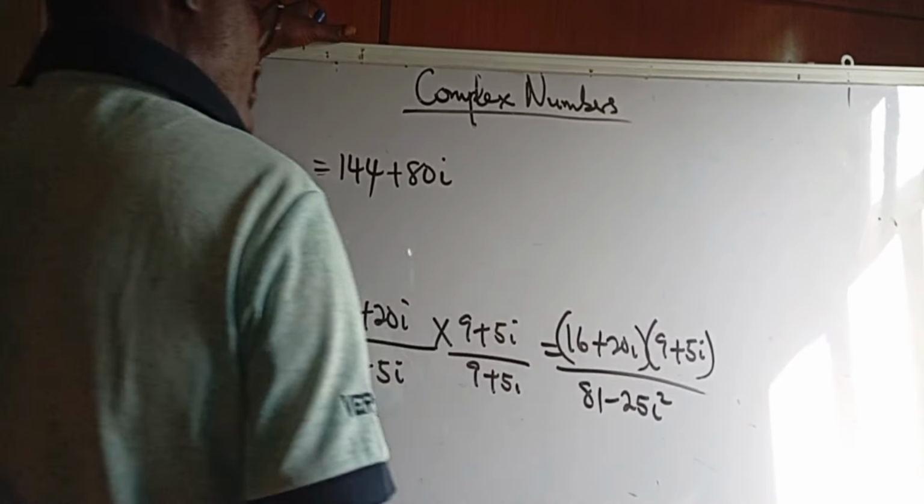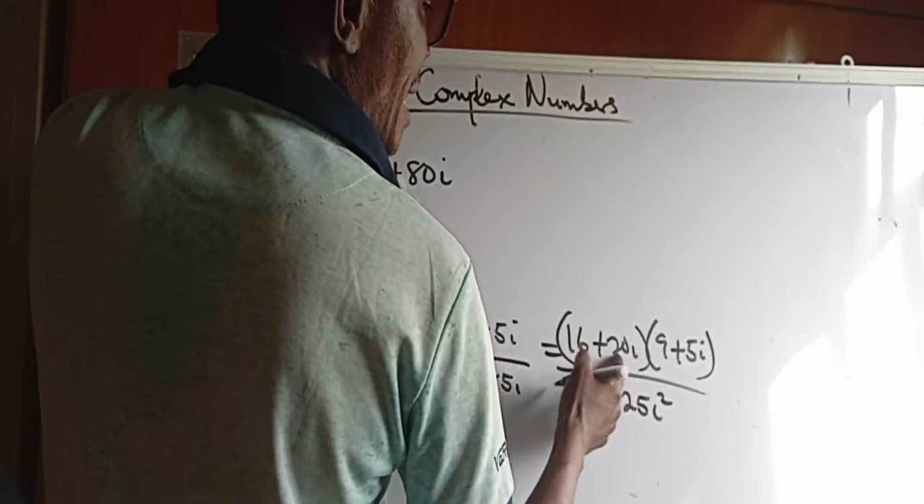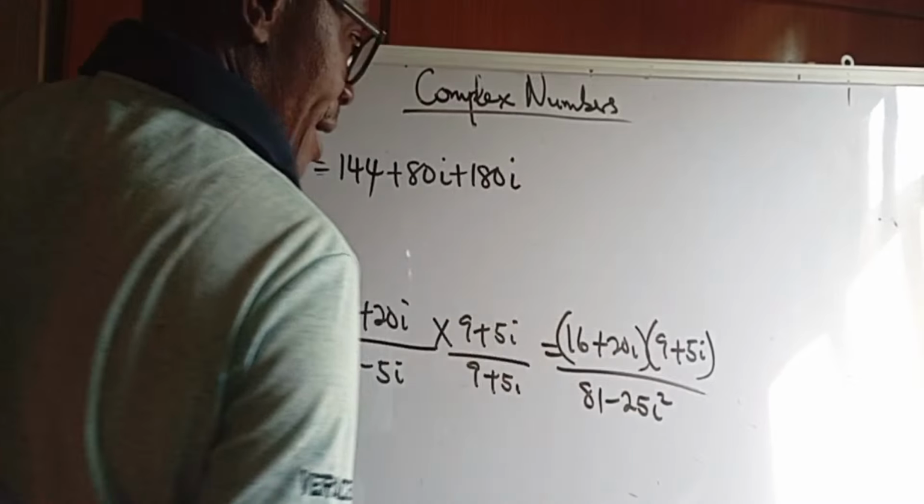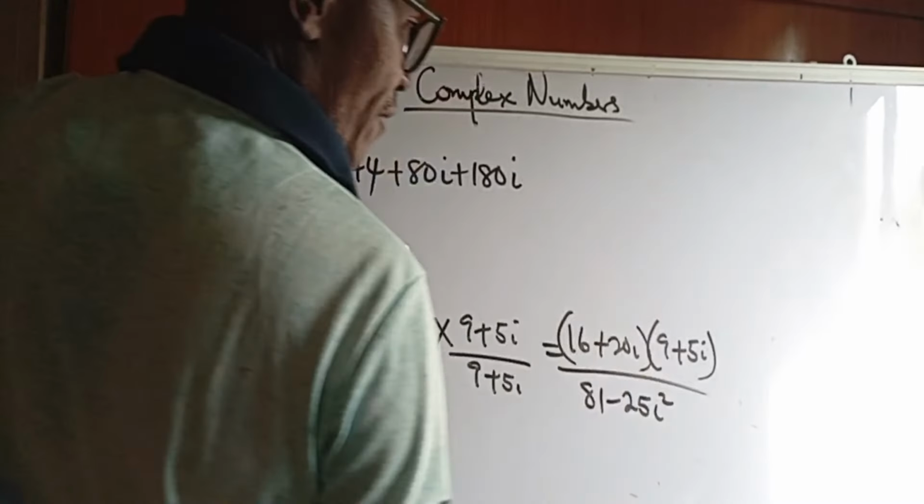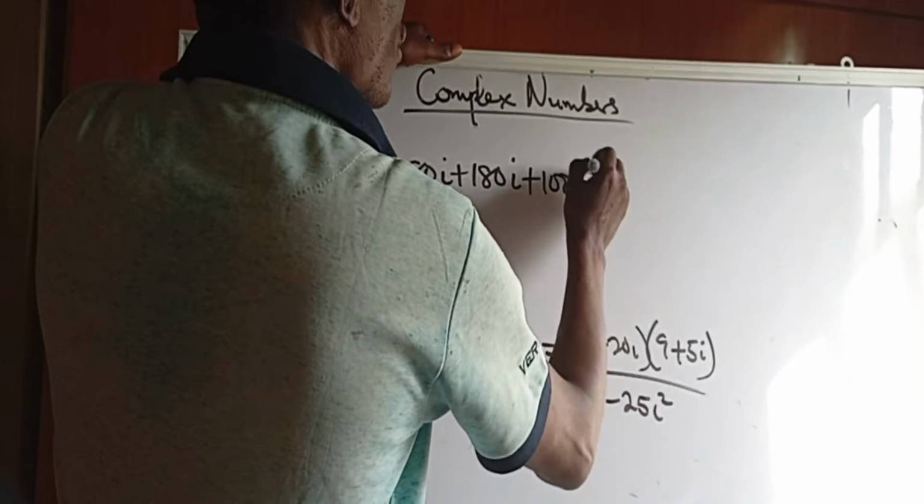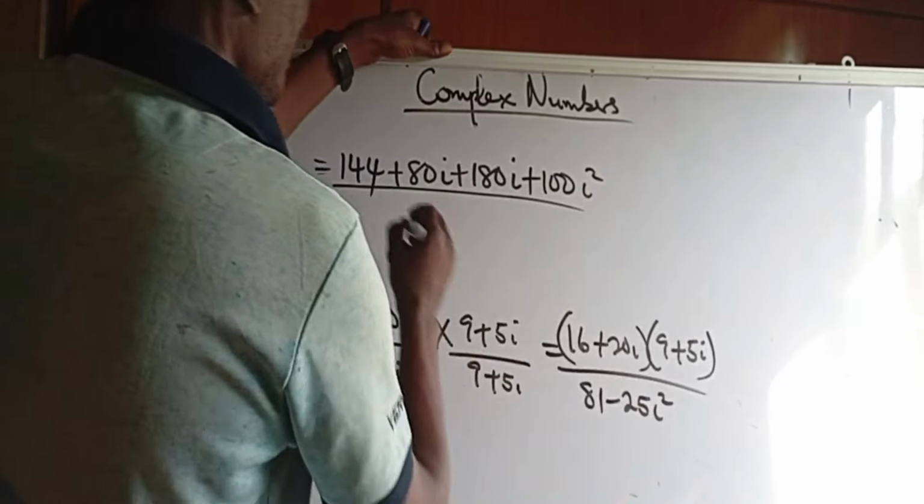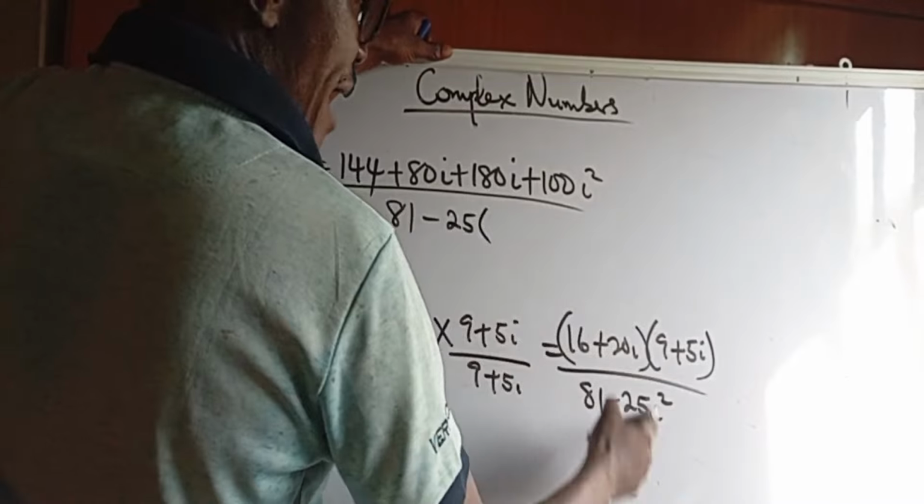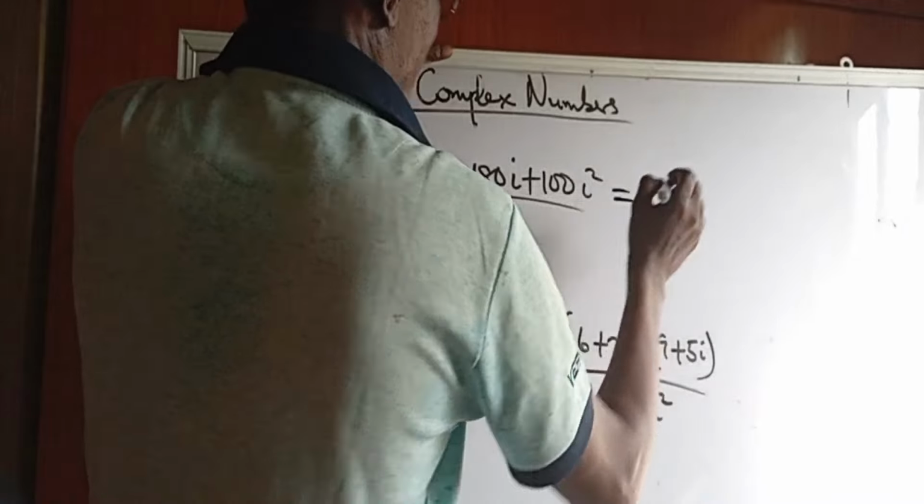Then plus 20i times 9, plus 180i. Then plus 20i times plus 5i, plus 100i squared. Good. All over 81 minus 25. i squared is minus 1. So that gives us